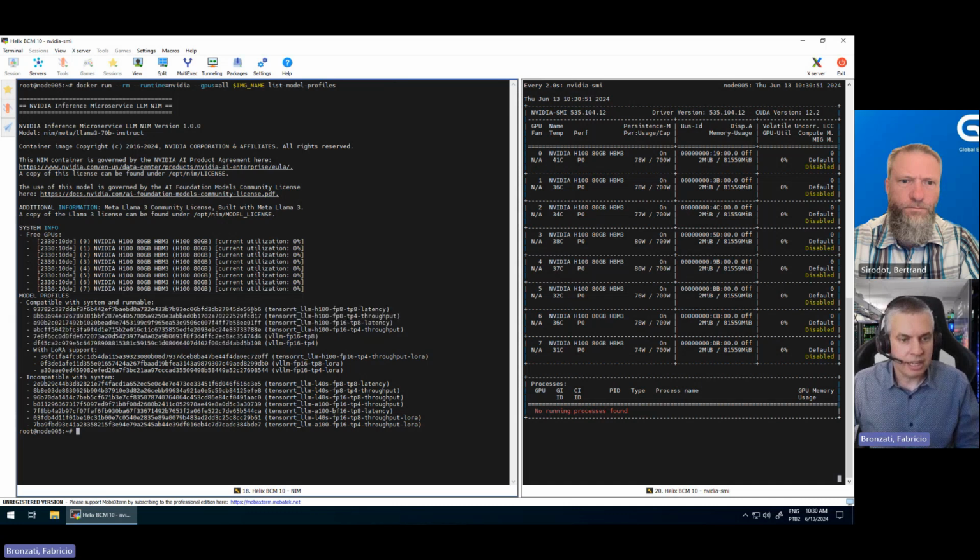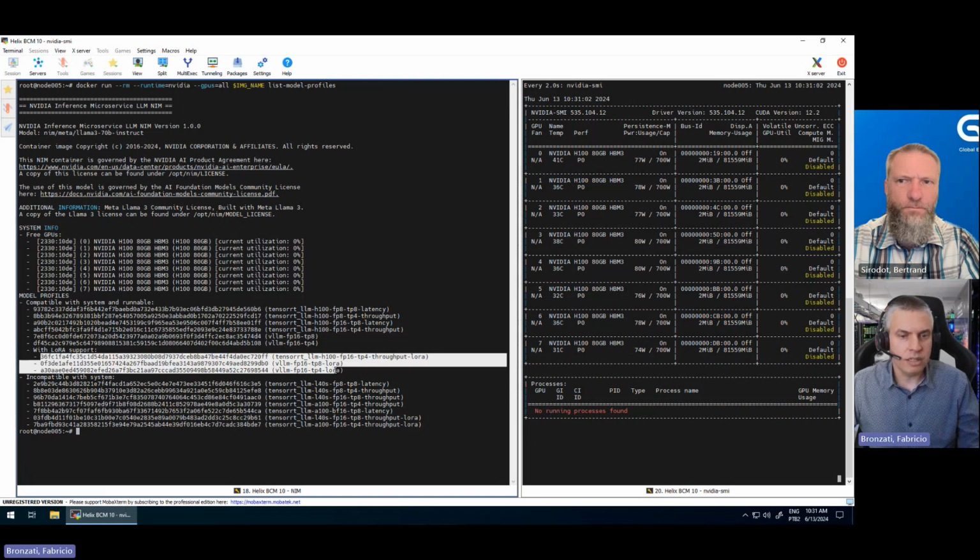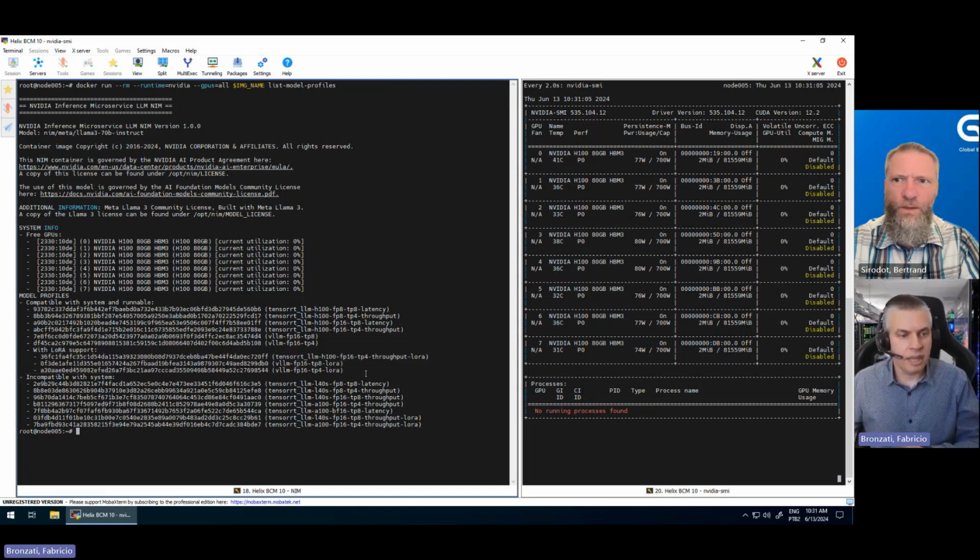So I can select any one of those profiles and run. Interesting, those ones are supported with LoRA. So I can use NIM and have a LoRA with my own fine-tuned model to run my application.